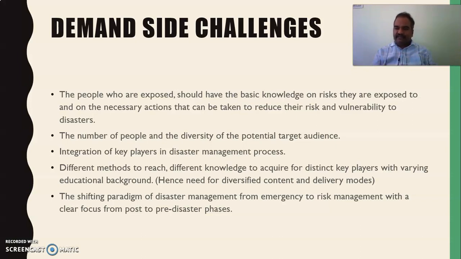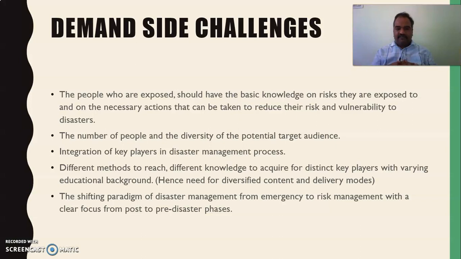But if this application is accepted by the state government and the central government, and I make some of these offices part of this application, then automatically everybody starts believing it. So you need to integrate the key players, and how to integrate them is always the biggest challenge. One of the biggest challenges is integration of key players into this disaster management process.